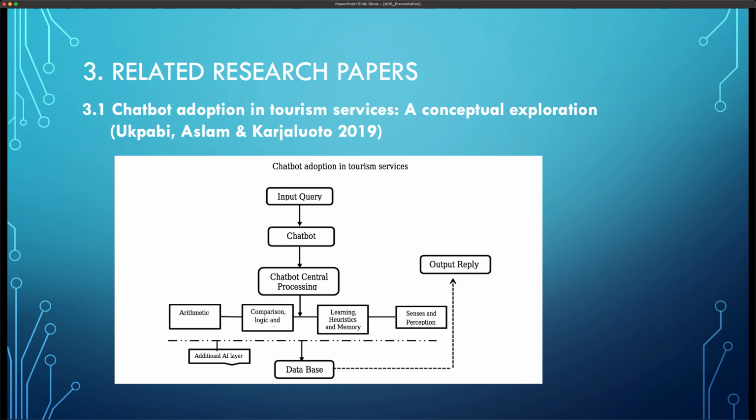The user enters a query from the main interface of the chatbot. The message is filtered through the chatbot's engine and central processing program. The function can imitate human intelligence and provide human-like answers. The engine is connected to the company's database, which is constantly updated to generate reliable information, such as the latest information about available hotel rooms or flights. In the last step, the robot will provide the user with an appropriate answer.